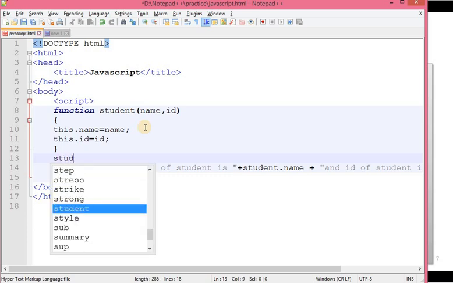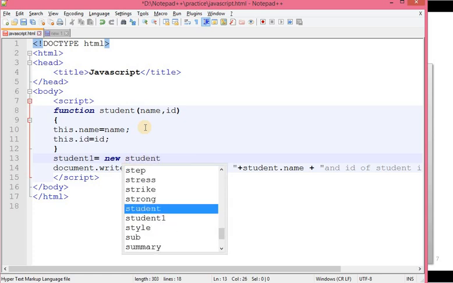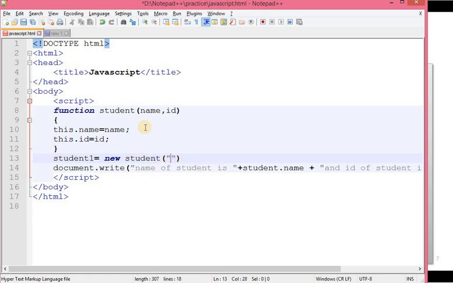So let's say student1 is equal to new student, and pass values for the properties. Okay, like that. Now over here, just look at this, we have passed parul and 123.